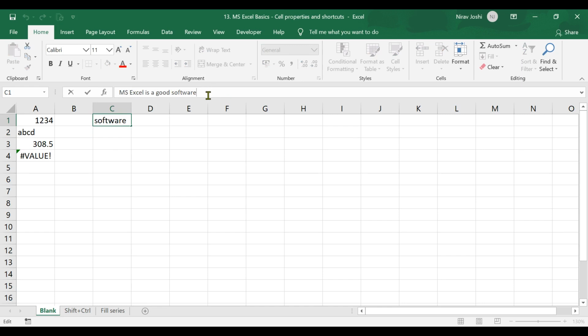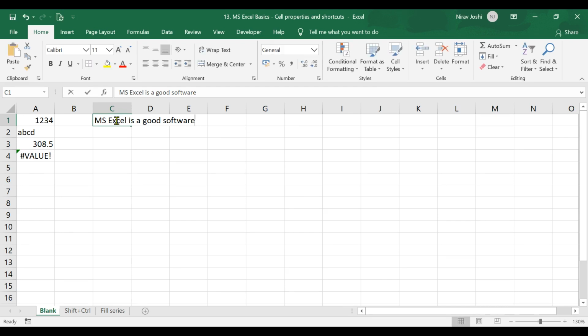Next, suppose you want to edit this cell, you can simply press the function 2 or F2 button. That will also enter edit mode of the active cell. So that is about editing the content of a cell in three different ways: by double clicking, by entering the formula bar, or by pressing the F2 key.